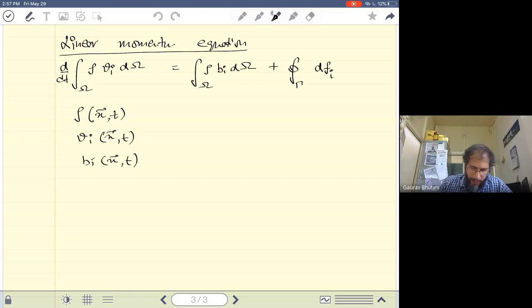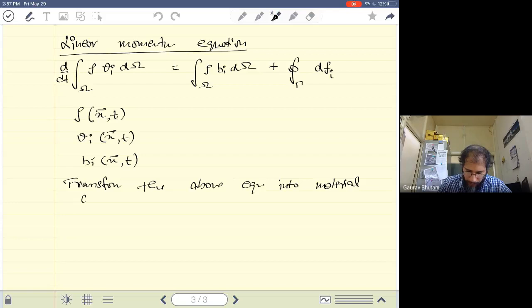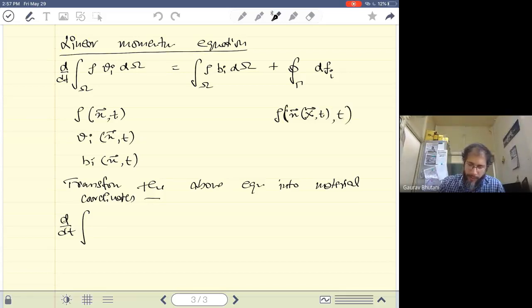But now when we transform the observation into material coordinates, what we end up getting is a description in the form of the material coordinate system. So you can write your rho as a function of small x, which can be written as a function of capital X and t, and then comma t. This gives us a new function, rho tilde, which is a function of capital X and t. This is similar to what we have done in the past.